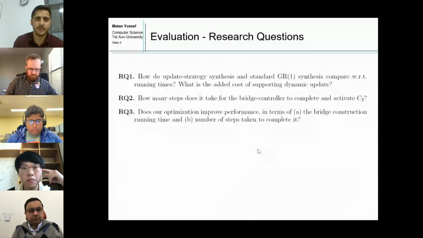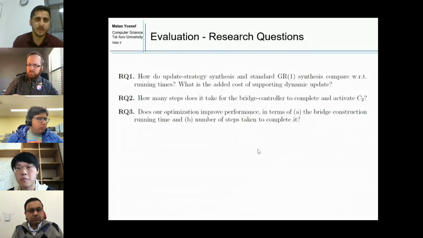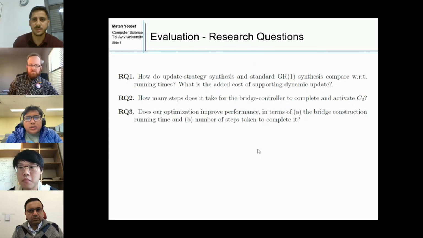So we have a few research questions in the evaluation. First, we wanted to compare update strategy synthesis with standard GR1 synthesis and see what is the added cost of supporting dynamic update. Second, we want to see how many steps it takes for the bridge controller to complete and activate C2. And third, we wanted to check if our optimizations improve the performance in terms of running time